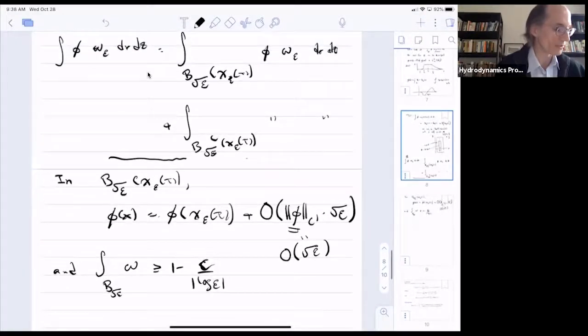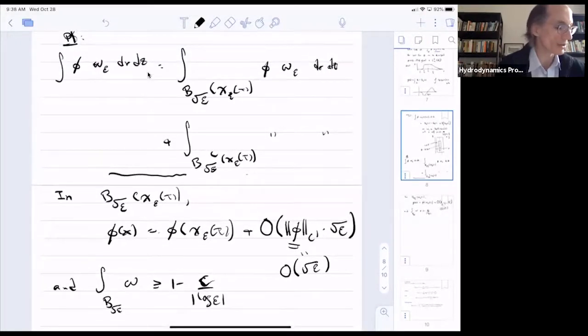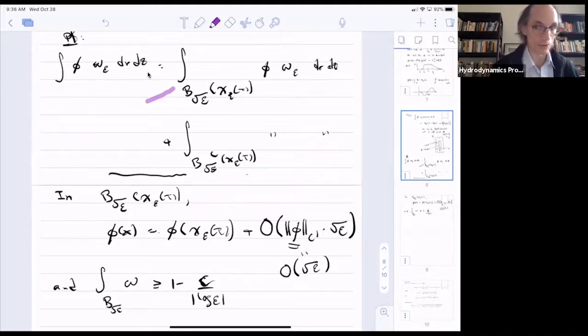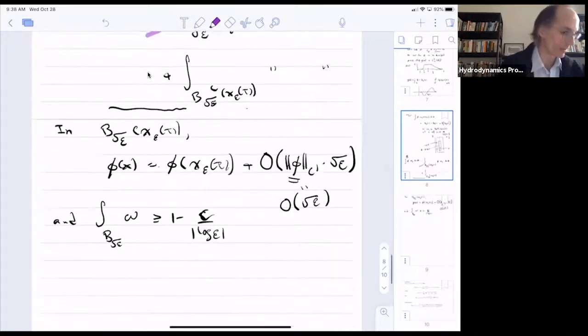So if I look at the first contribution, I'm integrating a function which is basically constant, up to square root of epsilon, and the integral over the ball is 1 minus this, and so my conclusion is